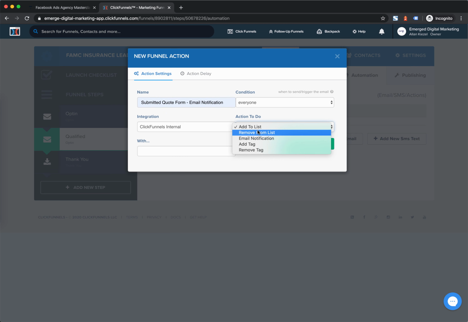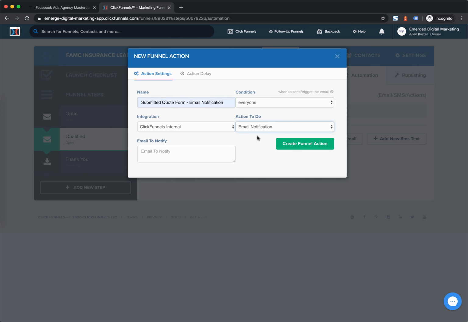And what do you want to do? Do you want to add them to a list? You can do lists in here and things like that. If you use your own CRM and you want to worry about it there, which I do, you can go that route. But what we're looking for here is email notification. So what this is pretty much saying is every time someone fills out that form, ClickFunnels is going to send me an email, and this is the email I want to notify. So you punch the email in here, click on create funnel action,